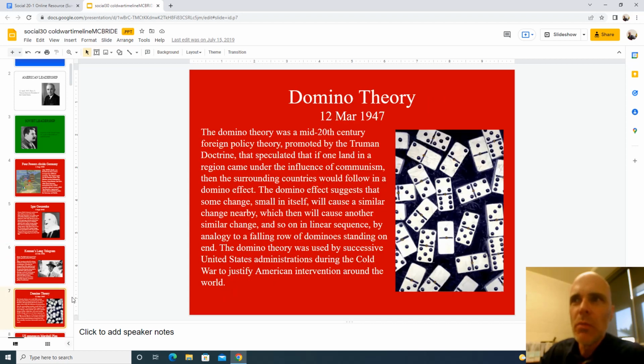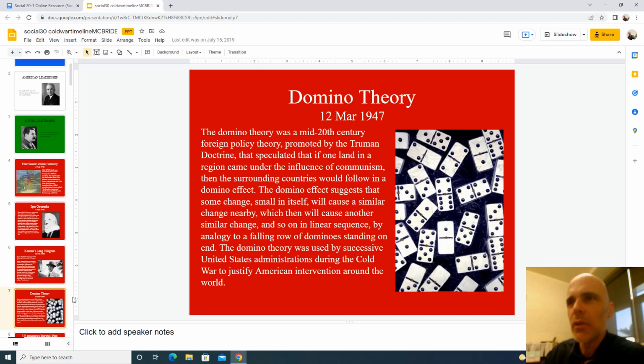Attached to this idea of the Truman Doctrine and the need for it is the Domino Theory. So we've allowed Russia to fall to communism. And because we allowed Russia to fall, other states bordering Russia have fallen. The Baltic states, Latvia, Lithuania, Estonia, they've fallen. Some states now in Eastern Europe have fallen. We've lost Poland, we've lost Hungary and Romania and Bulgaria. And we need to stop the spread of communism. We need to contain it, or ultimately the last domino of the United States will fall from the pressure of